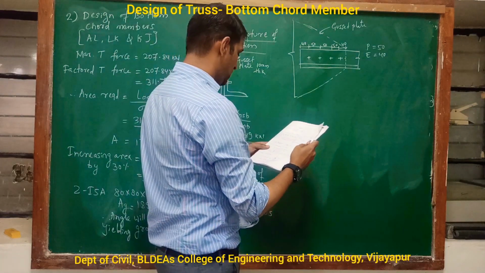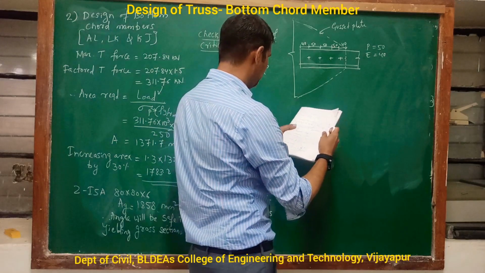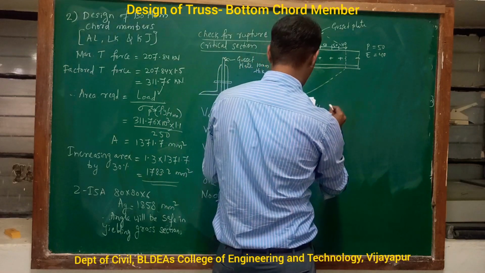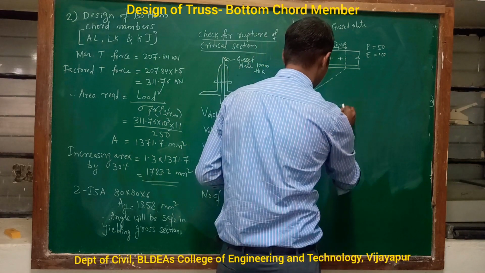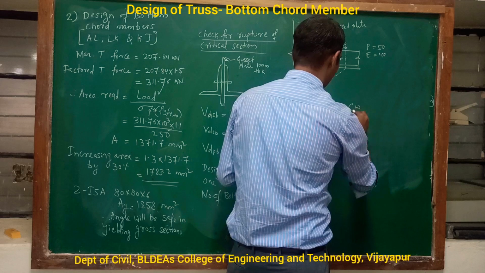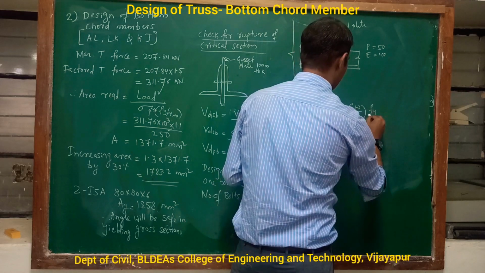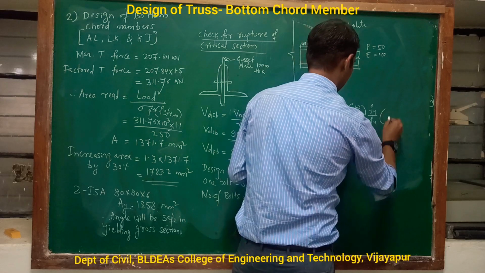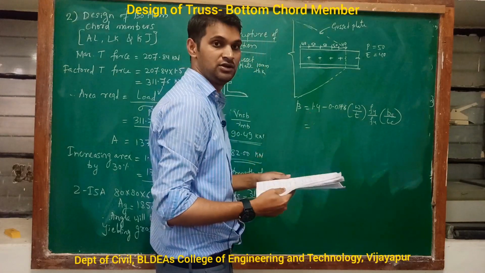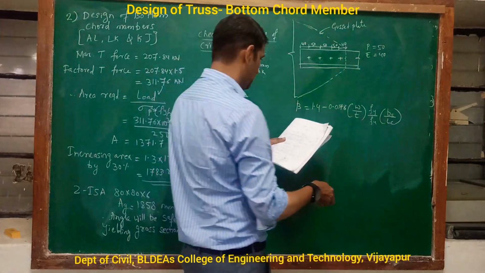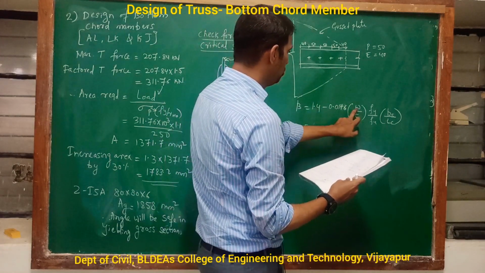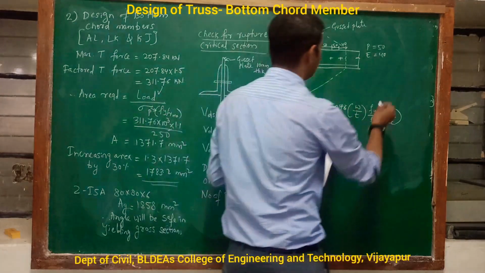So now check for rupture. We have to do the constant calculation, that is beta, which is 1.4 minus 0.076 W by T, Fy by Fu, then Bs by Lc. Now these formulas are already given in your code book, IS 800 2007. One by one. So before going for the substitution, W is nothing but the length of the outstanding leg. So that cross section also will be represented here.